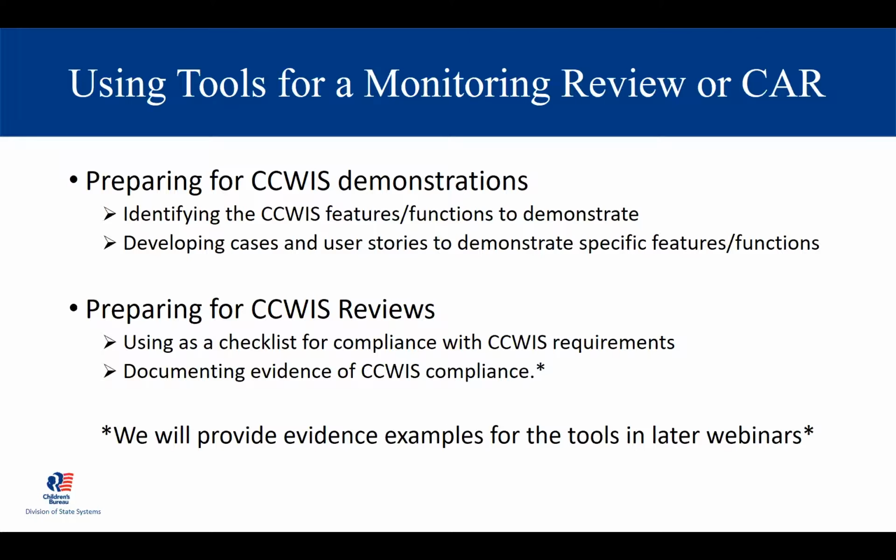But either way, either approach, the tools can help you prepare for a review. One way they can really help is by helping you get ready for a demo. As many of you who were on the presentation about 2 weeks ago remember, we mentioned that it can be really challenging getting everything organized and arranged and all your ducks in a row for a system demonstration. These tools can really help